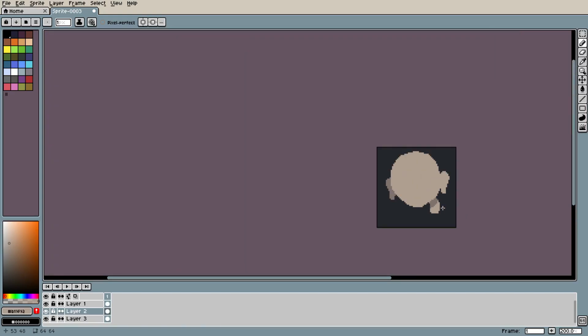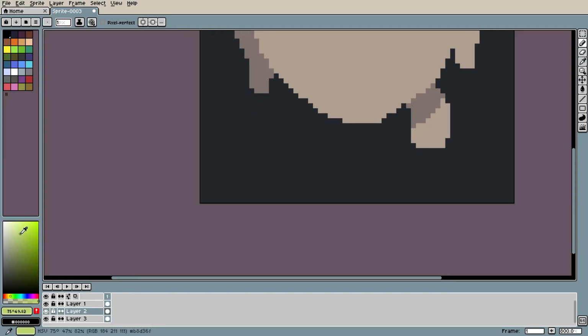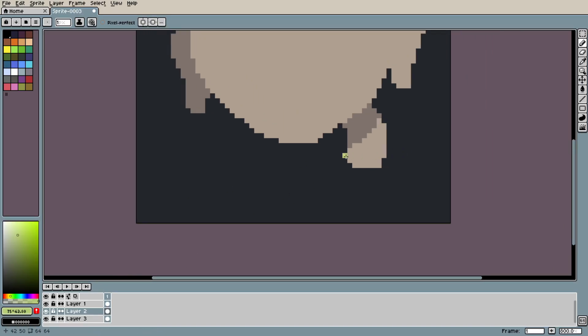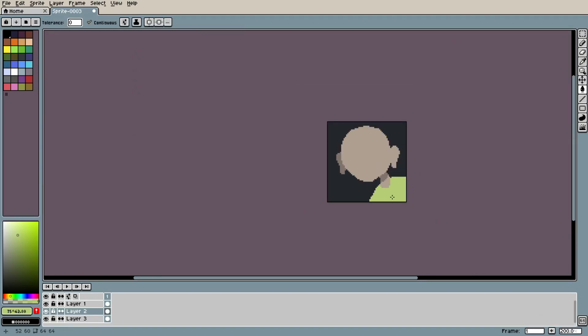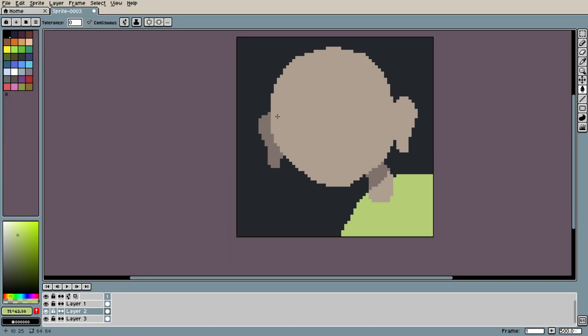Nice. So with that done, I'm gonna go ahead and create a nice little shirt for him. We're gonna make his shirt maybe green, like a light green, something like this, maybe. I'm gonna just put this down onto the canvas, put it on the idea board, and then we're just gonna have this thing go like this, and then fill that in. There we go. Very nice. I think